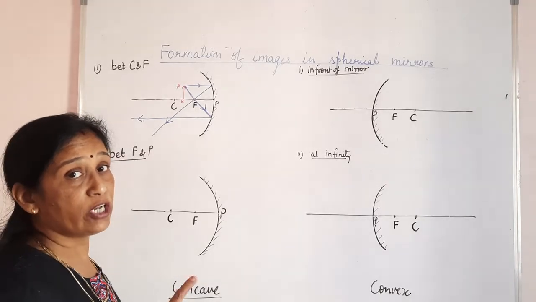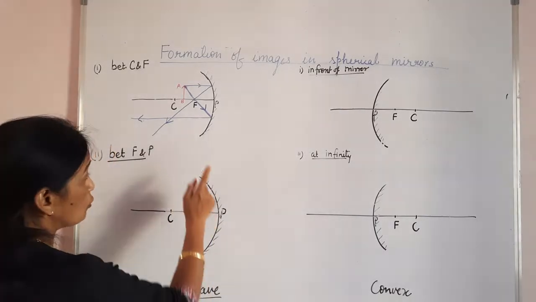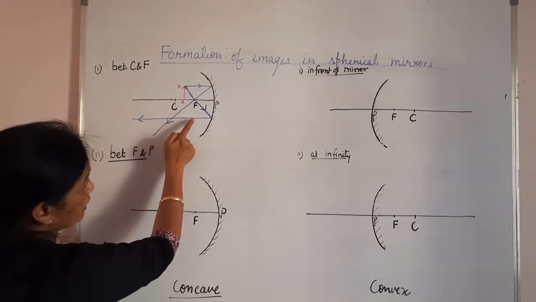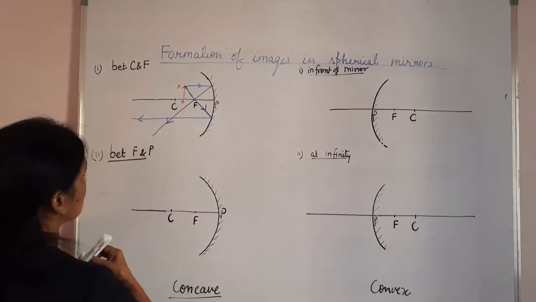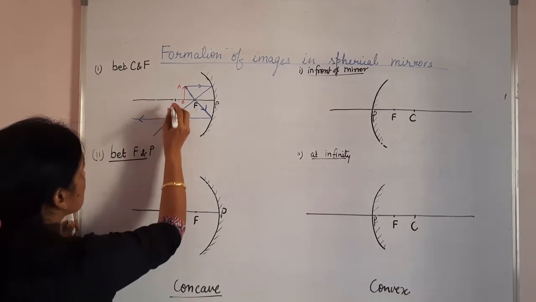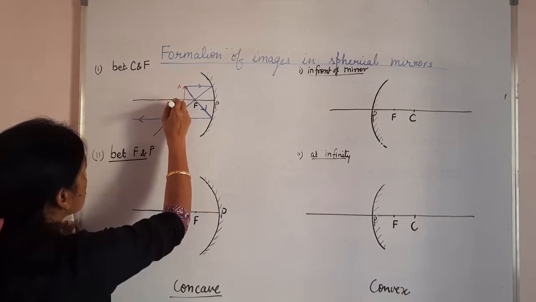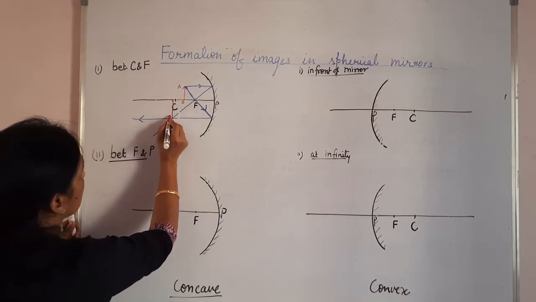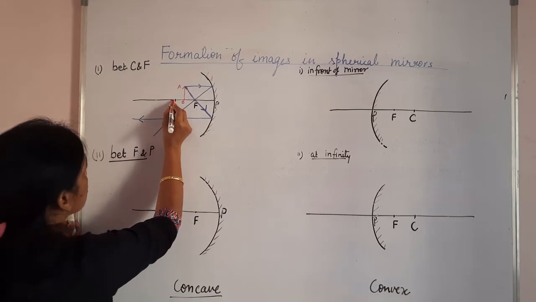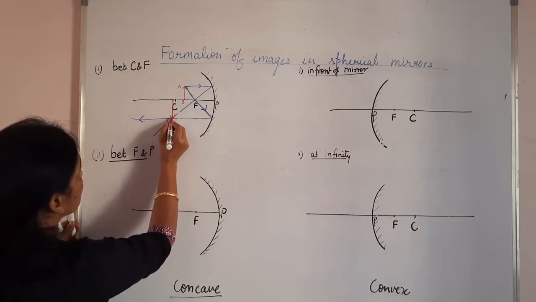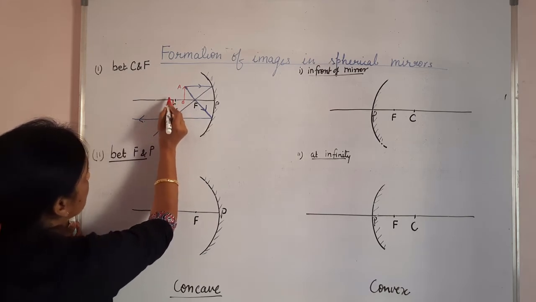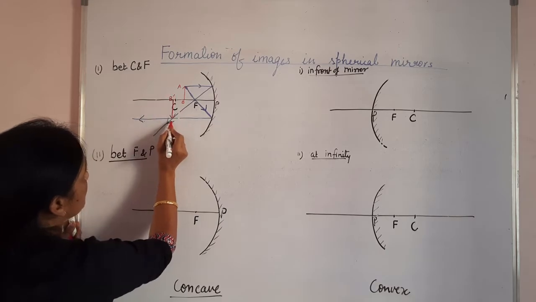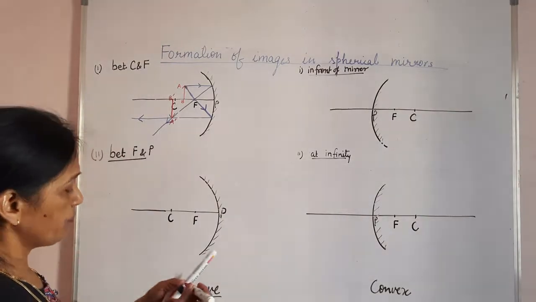Now where is the image formed? The image is formed where the two reflected rays meet. Which is my first reflected ray? This one. Which is my second reflected ray? This one. Where are they meeting? They are meeting at this point. It means at this position my image is forming. I will touch that point to the principal axis and this will be my image. The image is inverted. Let this be B dash, and this point be A dash. So this is my image.